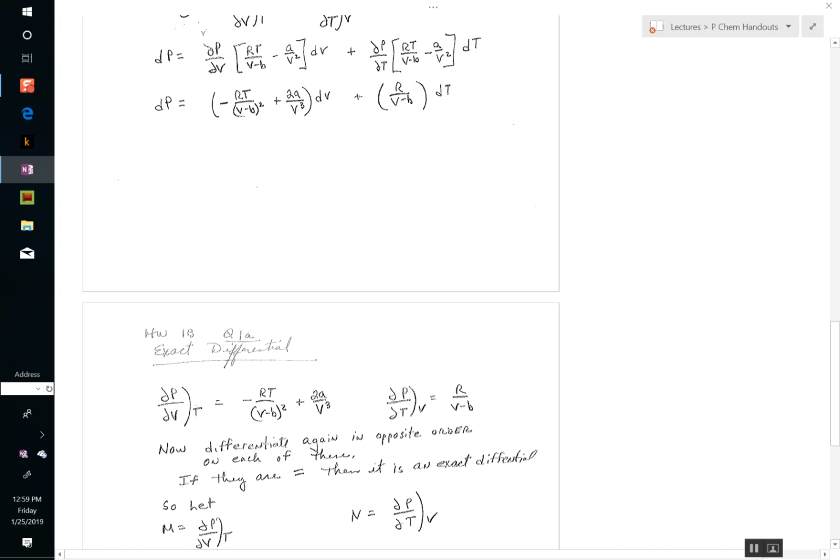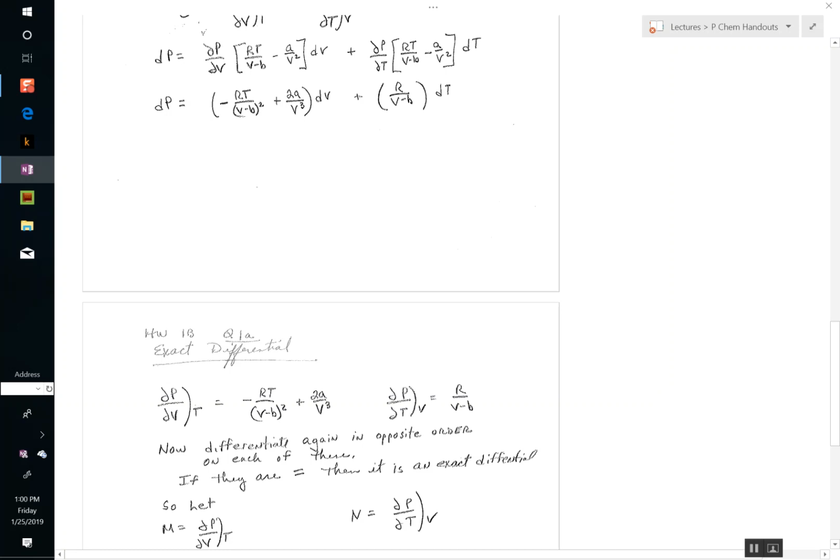Yeah, that's what you would do. You're going to differentiate this with respect to temperature at constant volume. So that's all going to be a constant. There's no change with respect to volume, or with respect to temperature going on here. So that goes to 0. And then just see what that would be. And you got your answer